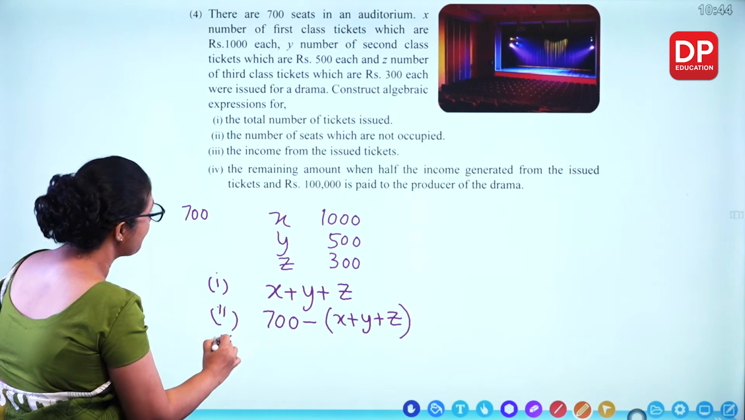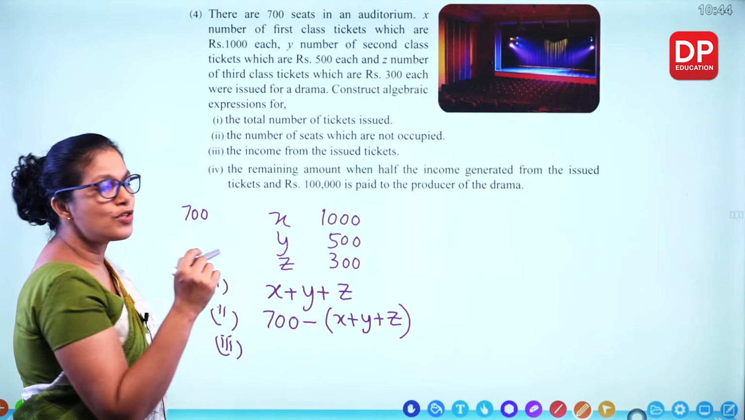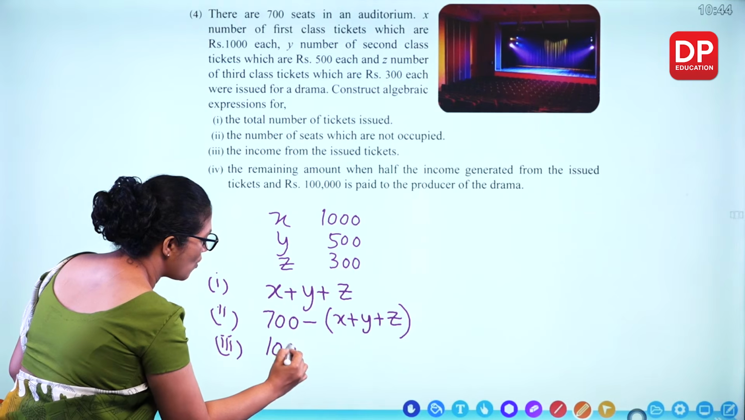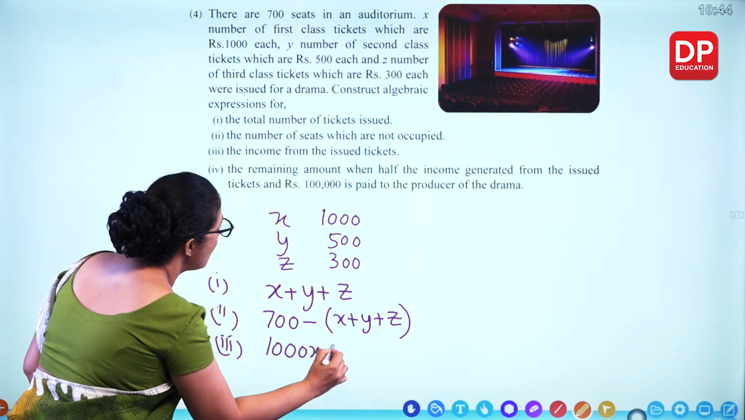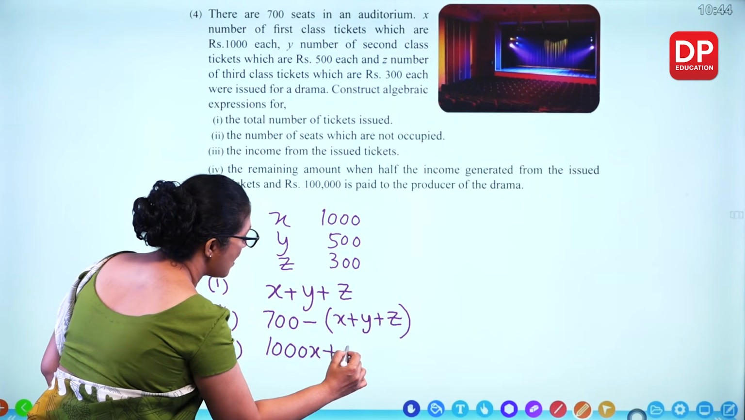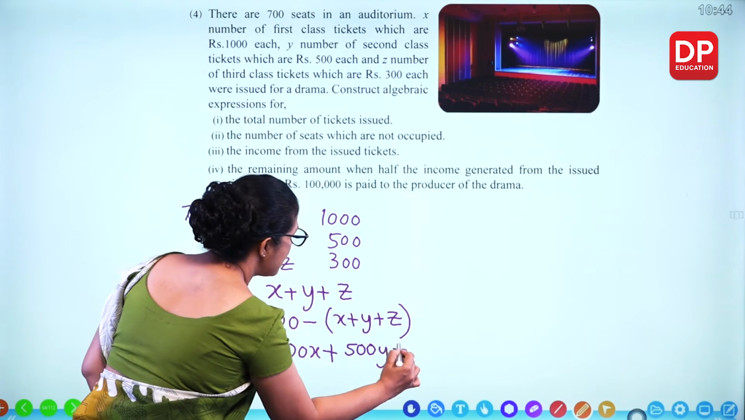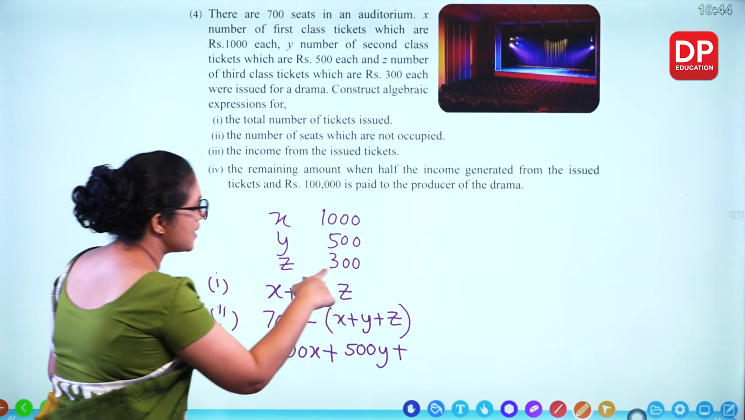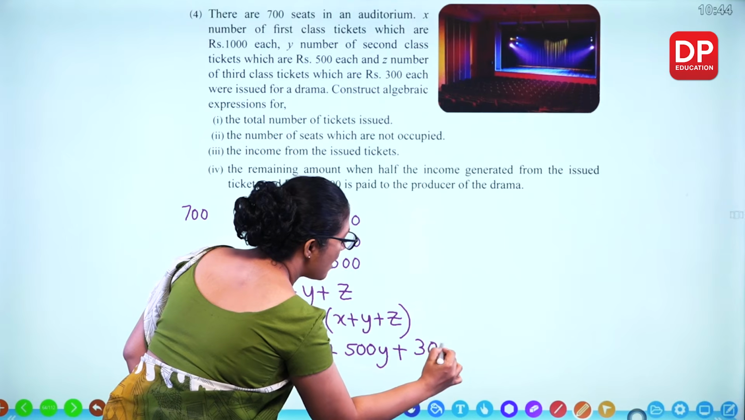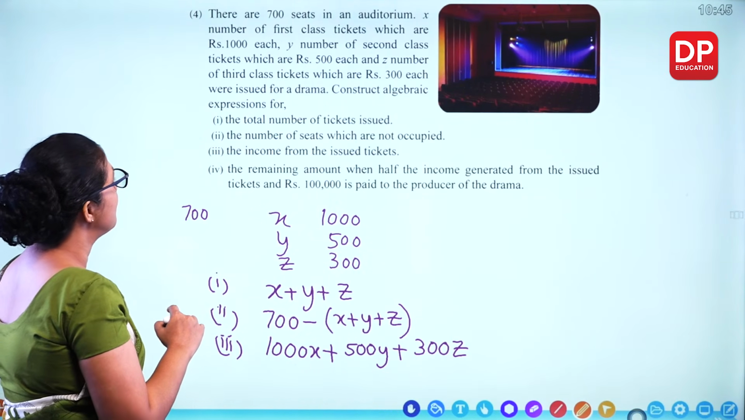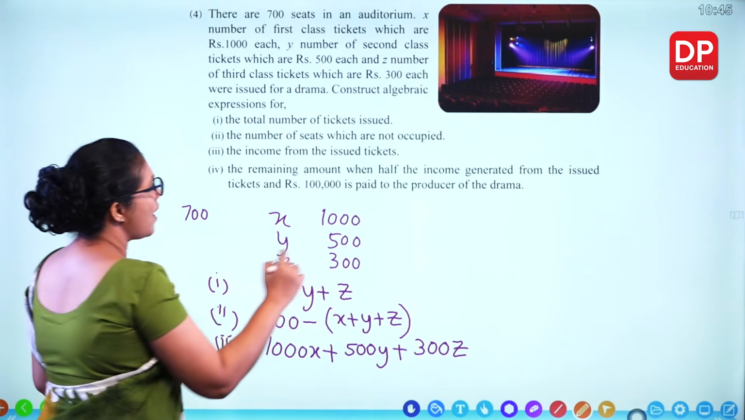Third one, the income from the issued tickets. X tickets first class, so you get 1000X from that. Y tickets second class with 500 rupees, 500Y. And Z number of tickets third class, 300Z. That's the income. And fourth part,